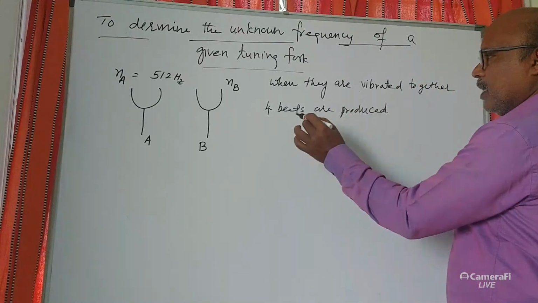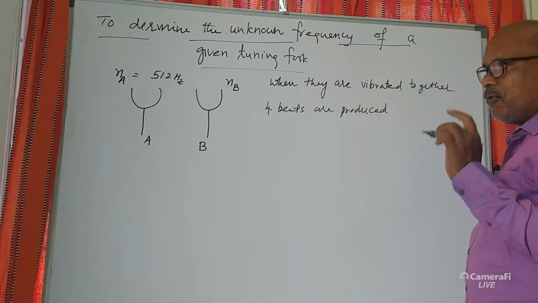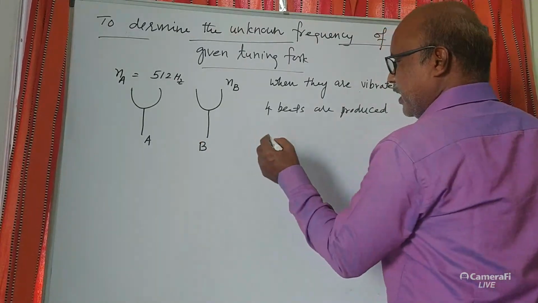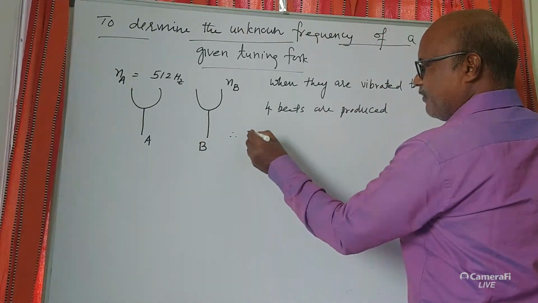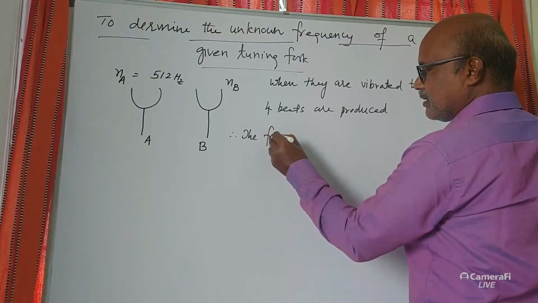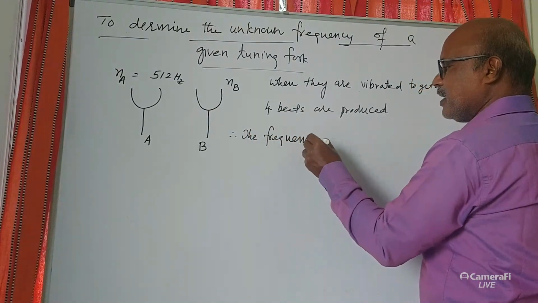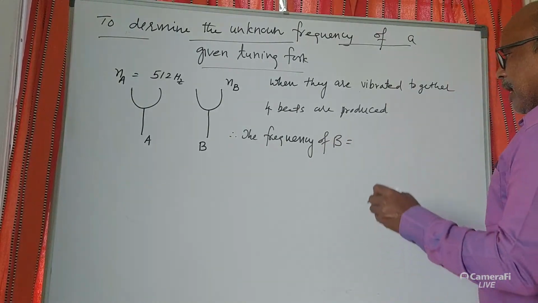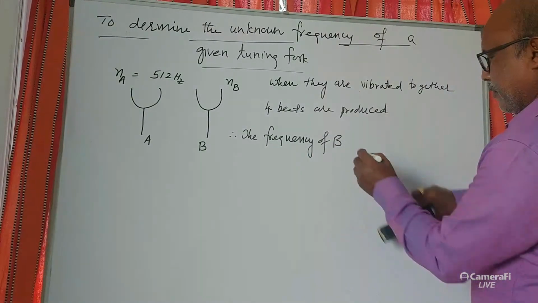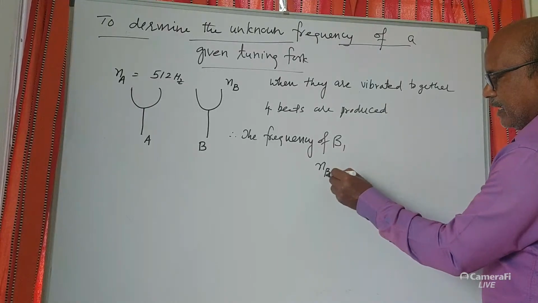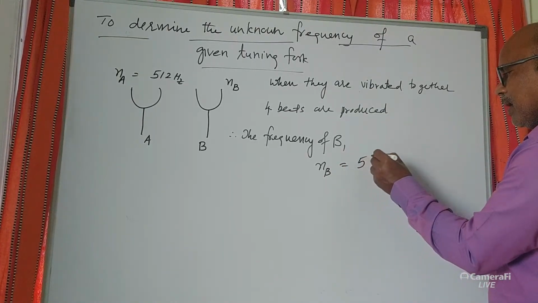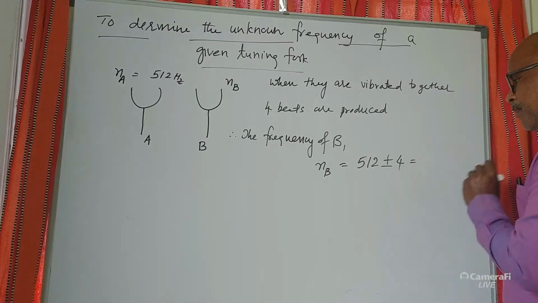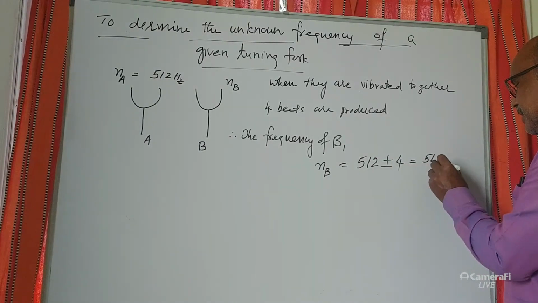When they are vibrated together, how many number of beats are produced? 4. Means the frequency of B can be written like this, that is, frequency of B is either 512 plus or minus 4, means it is 516 hertz